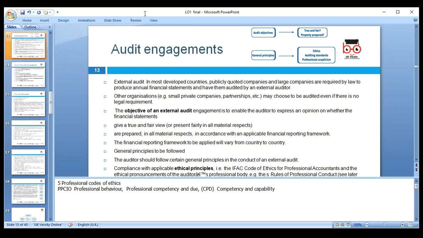Anyone? What do you think? What is the key difference? Of course, you're capable. You're preparing accounts. You've done a degree. You have experience in accounts. Yes. Maybe in tax affairs or another area, you're not competent.